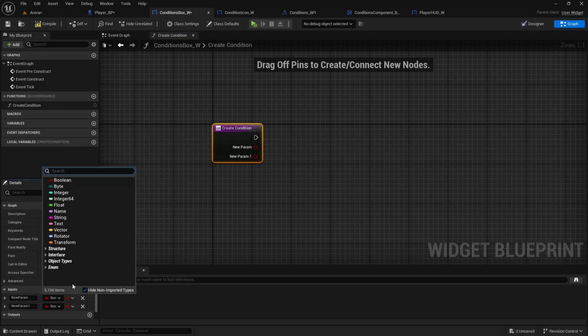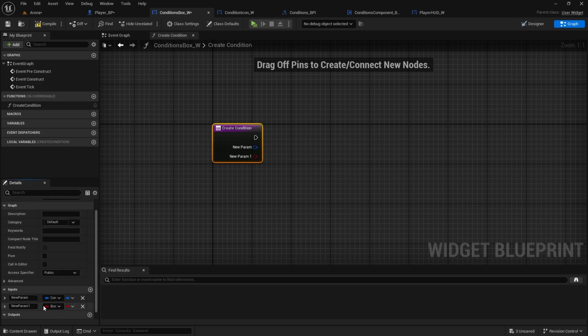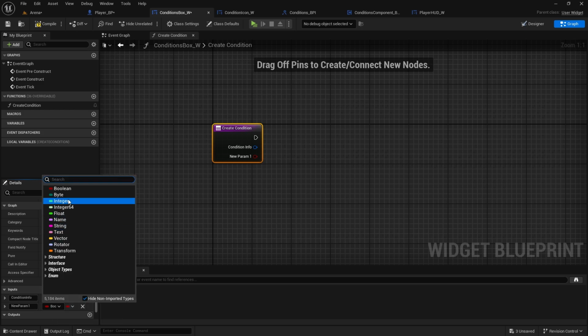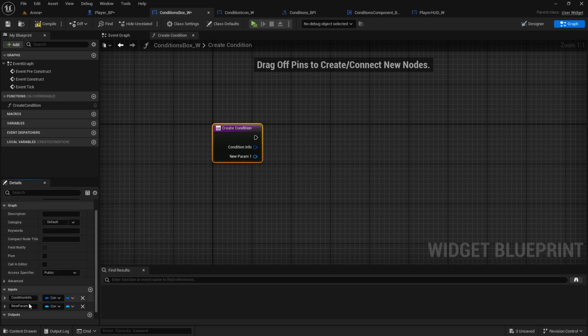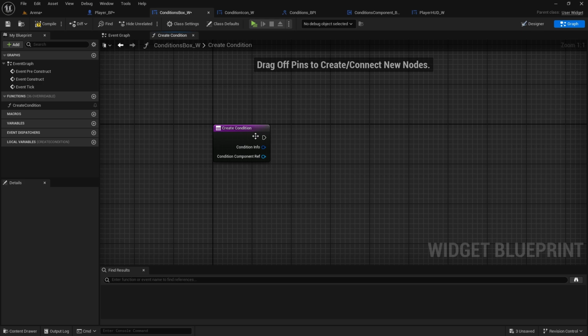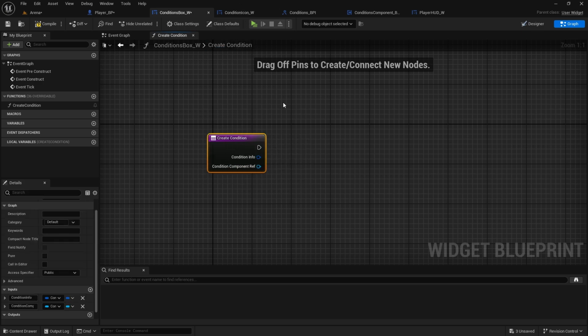First one will be that condition info, so conditions info s, which will be condition info, and second one will be that reference to the component, so condition BPC blueprint component object reference, and this one will be condition component reference. We won't be doing anything with this here, we'll just pass it to the actual icon. Okay,